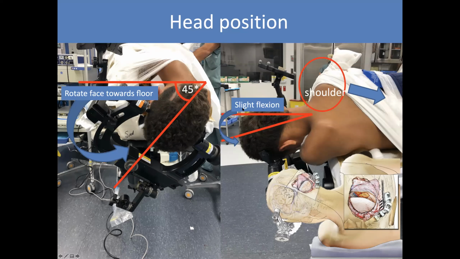If you don't rotate the head sufficiently, you're going to come in too lateral, and it'll make your approach much more difficult. Now, I work mostly with children, and rotating the head is very rarely an issue. But of course, if your patient has a short neck, if they're obese, if they're bulky, this could potentially be a limiting factor that would render the surgery more technically challenging.